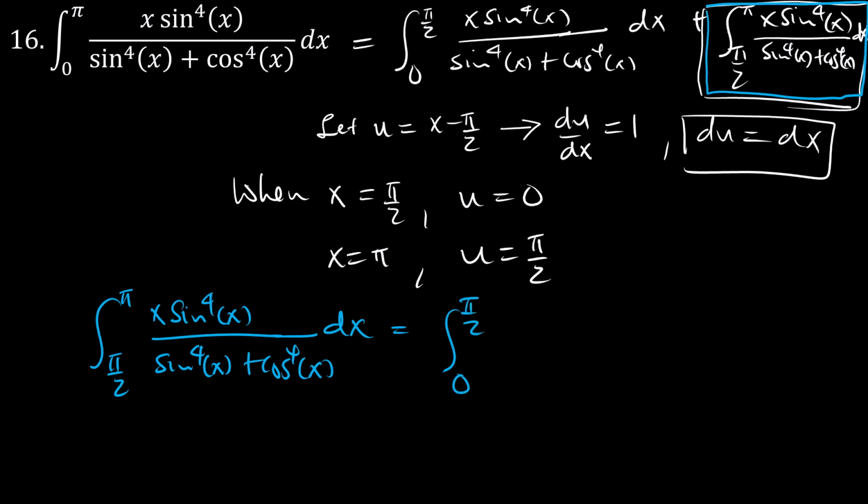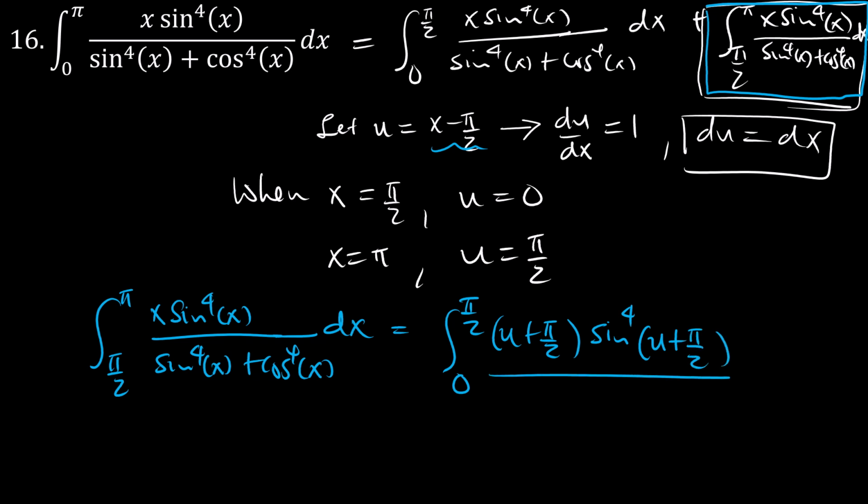And from here we see that x is the same as u plus pi over 2. Sine becomes u plus pi over 2 plus cosine